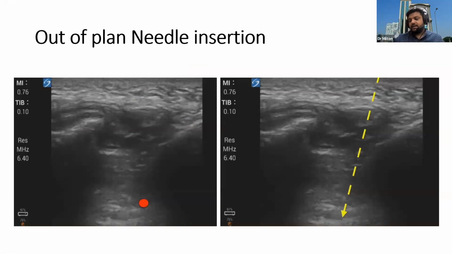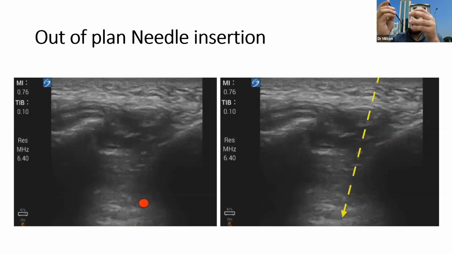But this is a very crucial part. This is the probe, and this is your outside needle insertion. So you can see through here the shaft, not the tip. Here the very important part is the angle. So how much angle are we actually using? We are using around 15 to 20 degrees, and it is better to insert 1